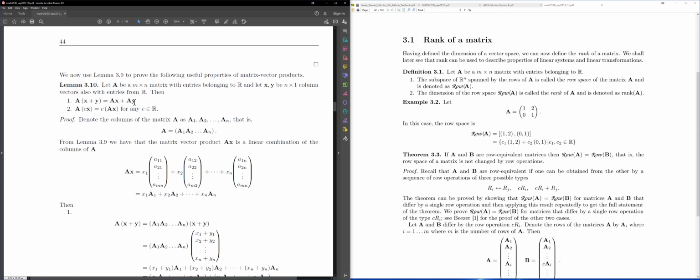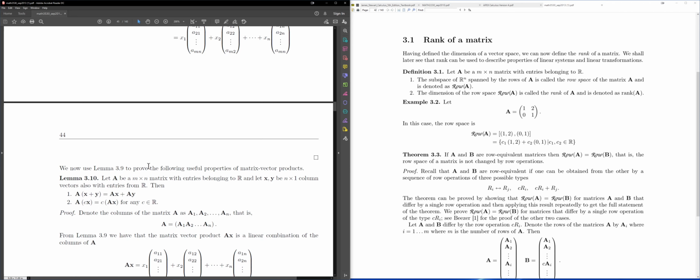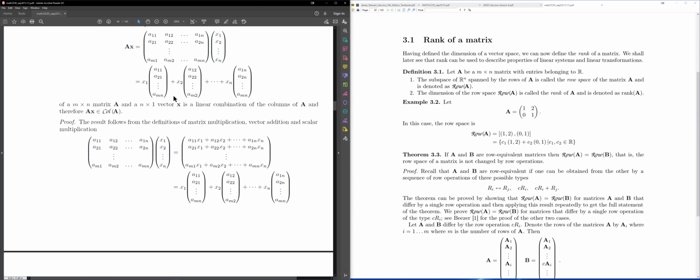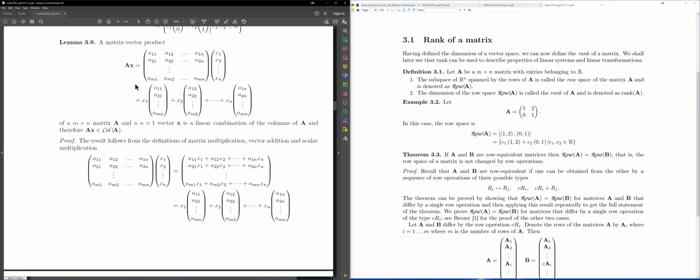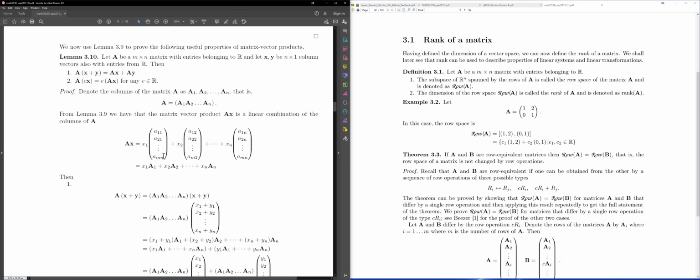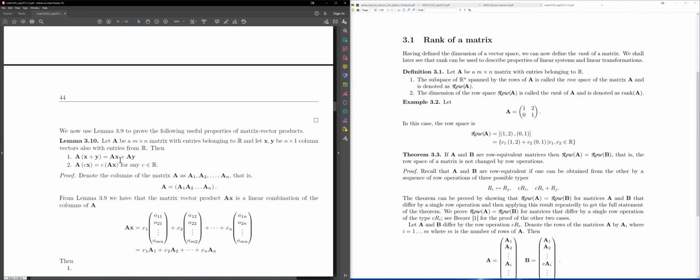And I'm sure you've seen that before, right? Okay. Now the proof of this is you can use the idea of matrix multiplication as: you take your vector over here and you take scalars from the vector and you multiply against each column, right? So I can use this way to view the matrix multiplication to prove this, and this is in fact done in the notes, right? Okay, so